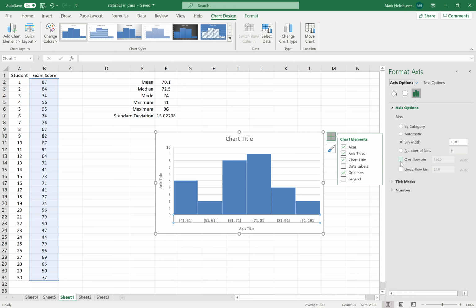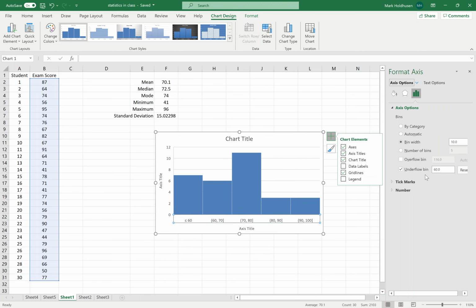So let's do an underflow bin. So anything under 60 will go into one bin, right? So now we've got that set up. So if it's below 60, those are your Fs, those are your Ds, right? And so on and so forth. And you can get that title. So we can set this up. There's lots of different ways you can play around with it by the number of bins, overflow, you know, that sort of thing. That's the key thing to go in here with the,